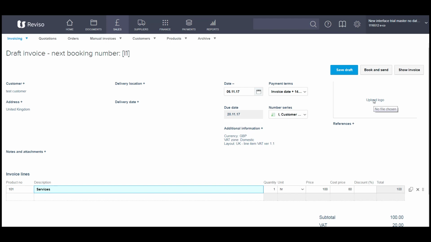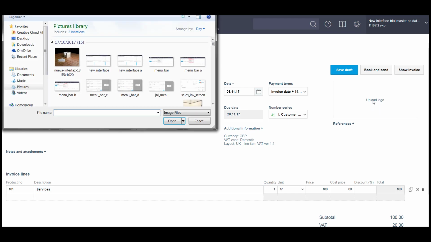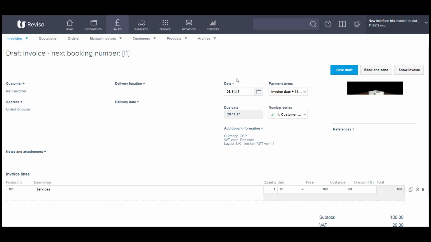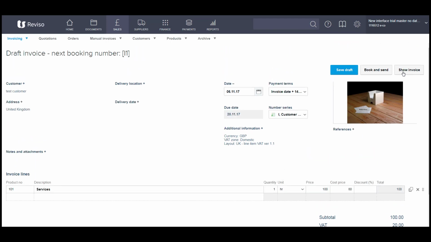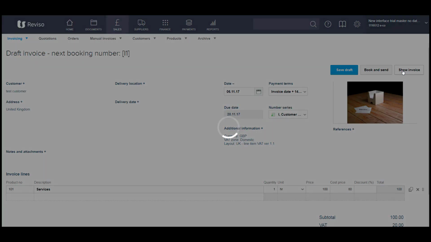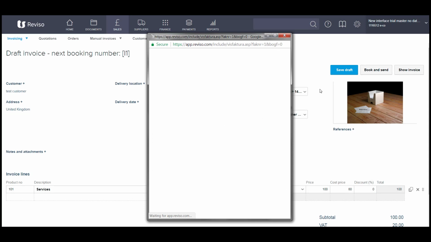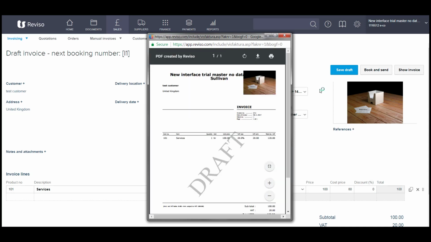You can also upload your logo by clicking on this and double click on your logo, and it will then appear in your invoice. You see a breakdown of the totals down here. You can also show your invoice. This will give you a preview of your invoice